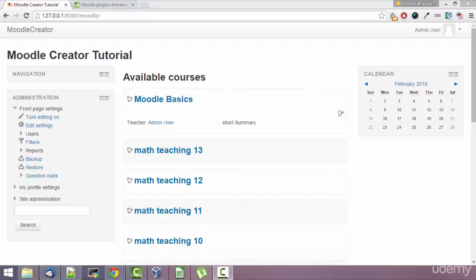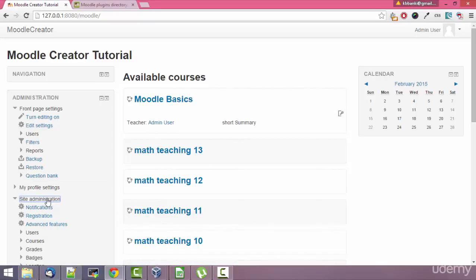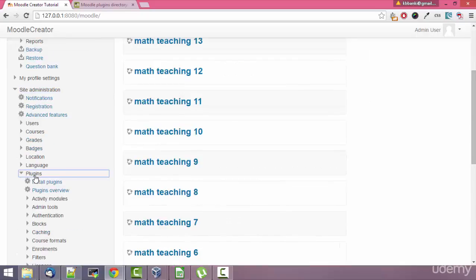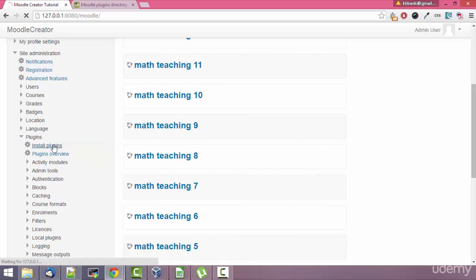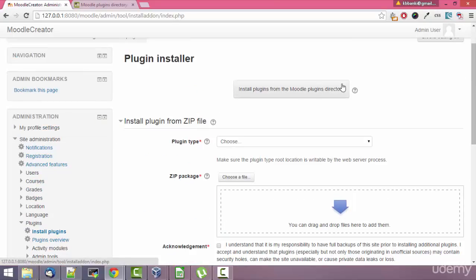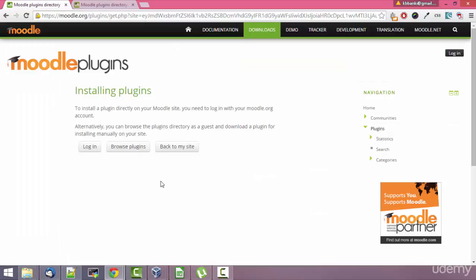To install a new plugin like the one that we downloaded in the last lesson, we start by going to Site Administration. We look for Plugins and Install Plugins. As you can see here on the top, we have install plugin from the Moodle plugins directory. We can go there and log in and use the directory and install from there, but we are going to